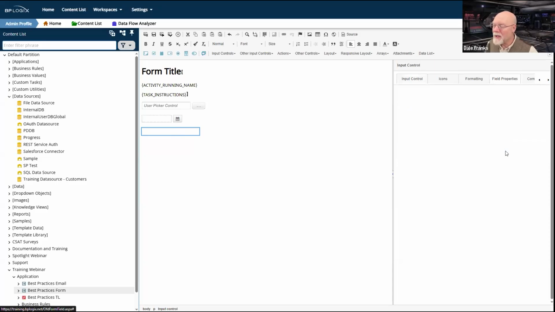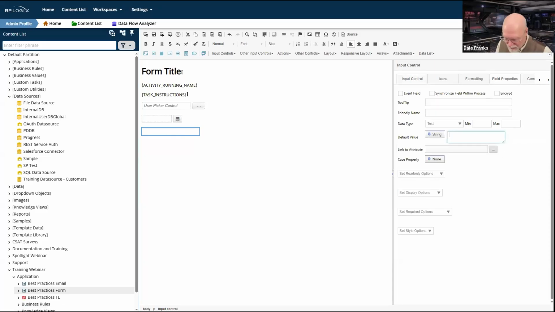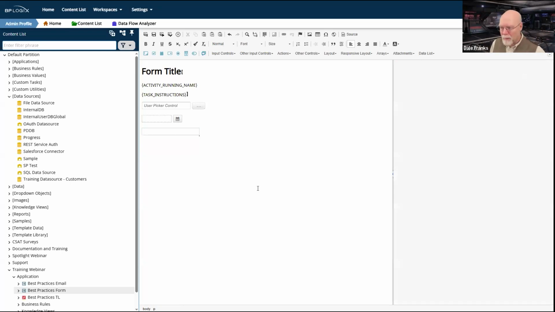So this field is still going to be set with a default value, but in this case, I am just going to set it as a string and I'm just going to give it the value generated when submitted. That'll be my default value. And once again, I'll set this field to be disabled. We'll have to address that in our process timeline whenever we set that up. But at this point, I'm happy. I've got a form that has all of the basic things I need to make it work. And this is the stuff I need to do for every form that I create inside my installation.